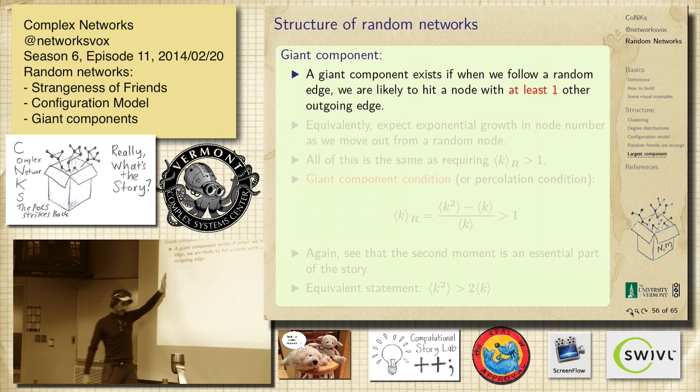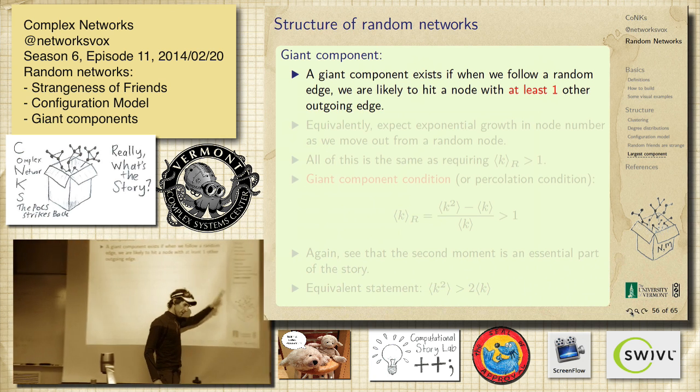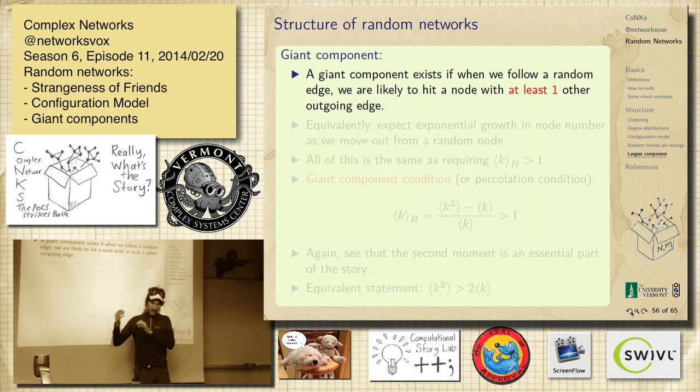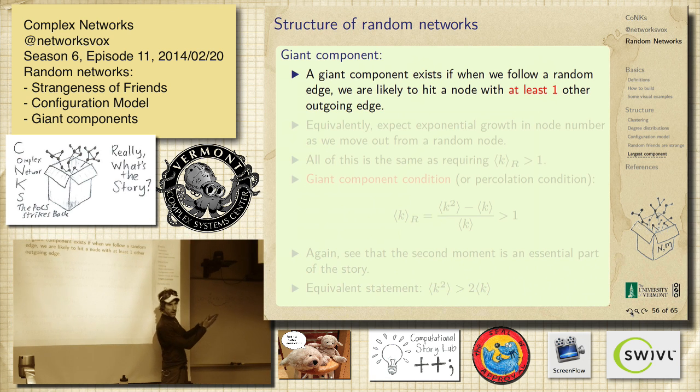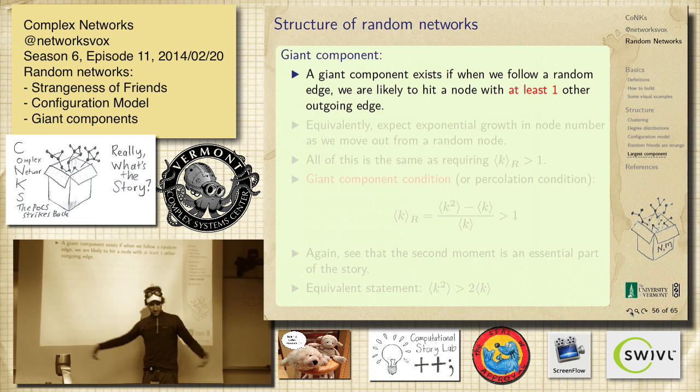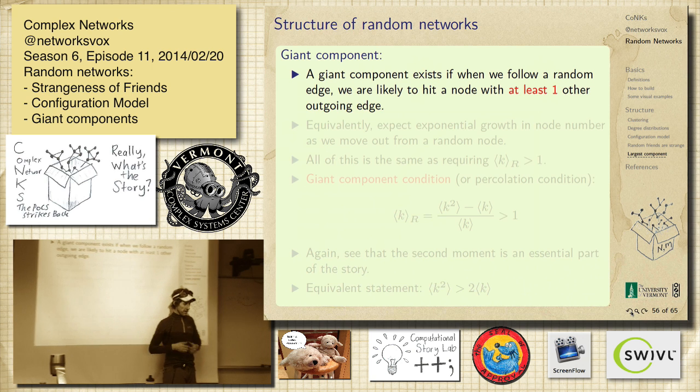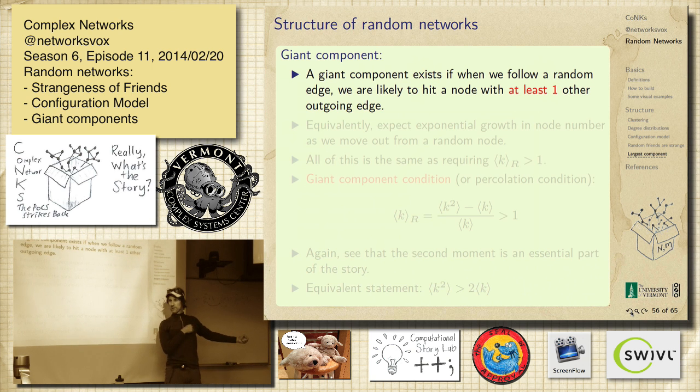So there's a giant component in the network, in general, for these random networks, if you just jump on an edge and you go towards one of the nodes, and on average you find more than one other node out there, right? That's the simple criterion. Now, you might jump on an edge and there's only 2 friends. That's the end of it, right? It's just a little dyad. You might find that, fine. Or you might jump on this edge and go this way and it just ends at a tendril.